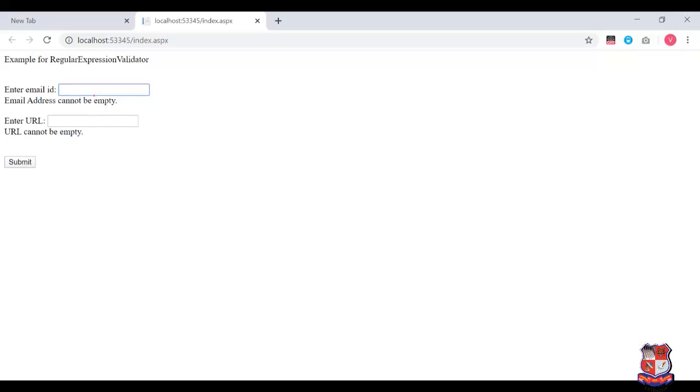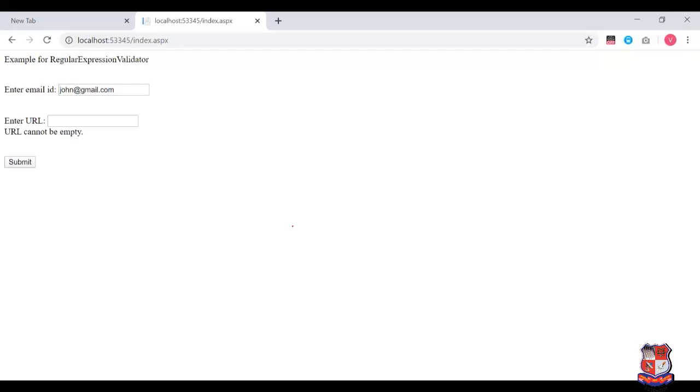Okay, now I input something into the text box of email ID, for example John. We know that this is not a proper format of an email ID. I just click on the submit button. It will give us an error, not a valid email address. Then I write @gmail. We note that it is still not in the right format, so it continues to give an error message, and then I write .com. Then the error message disappears. So until we enter a valid email address, it will give us an error message.